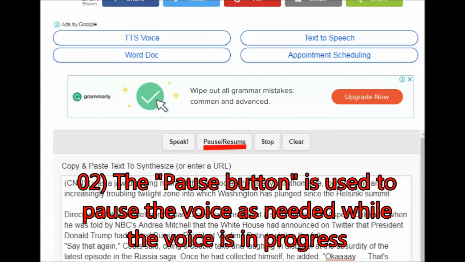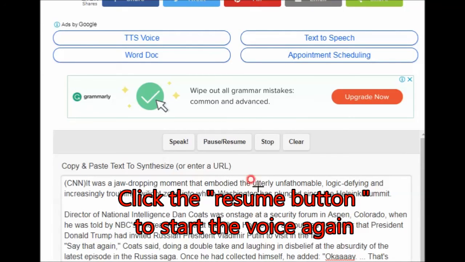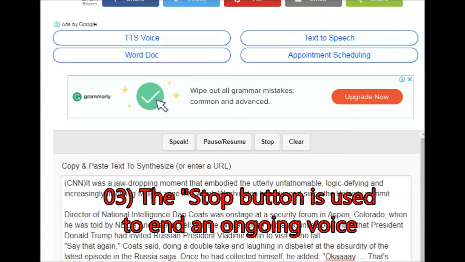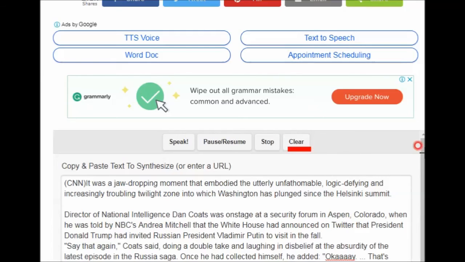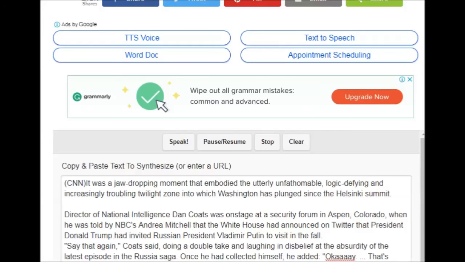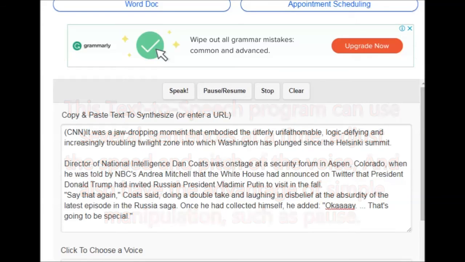Two, the pause button is used to pause the voice as needed while the voice is in progress. Click the resume button to start the voice again. Three, the stop button is used to end an ongoing voice. Four, the clear button is used to erase text. This text-to-speech program can use several sentences at a time, adjust the speed and pitch of the voice, and also has the advantage of simple manipulation, such as pause,